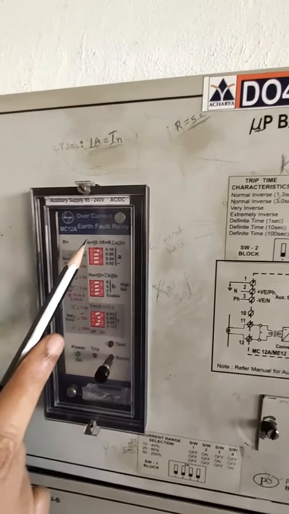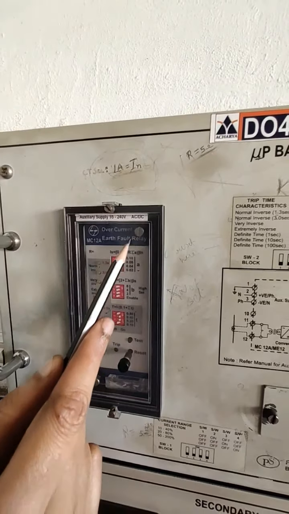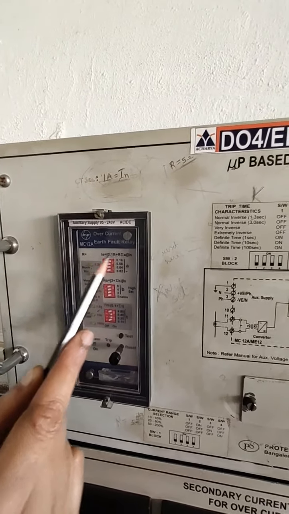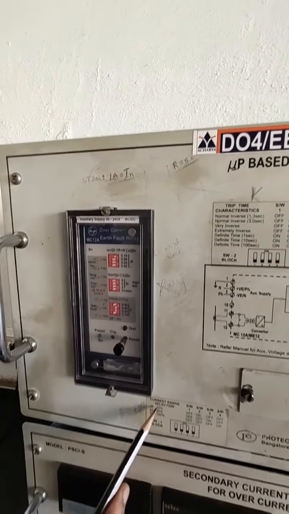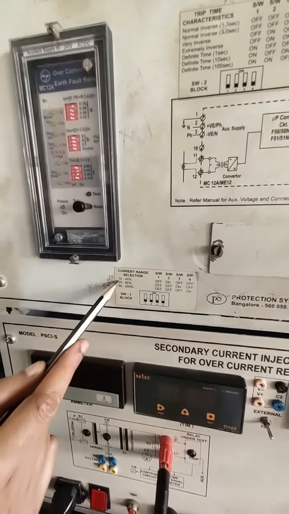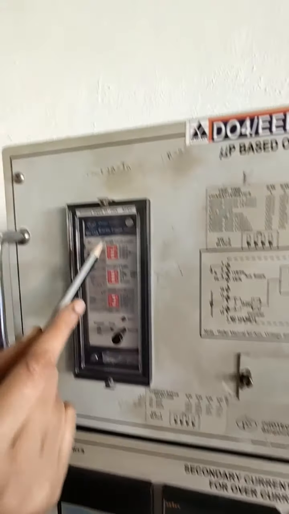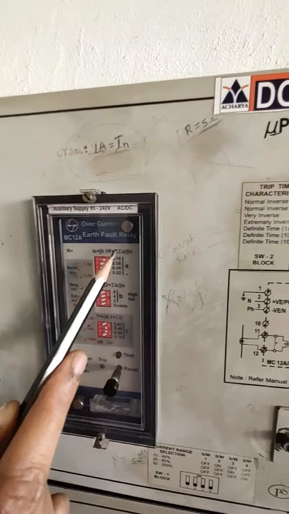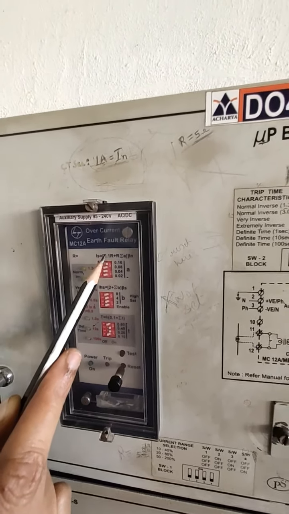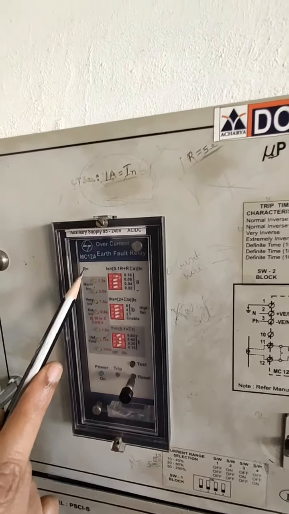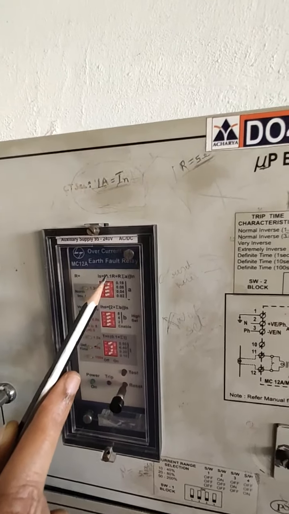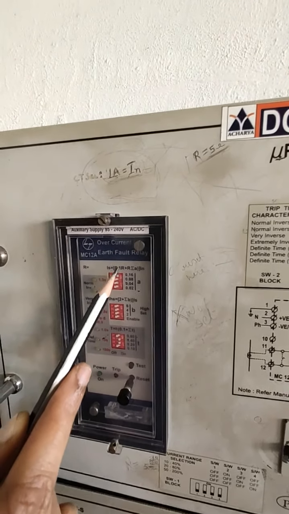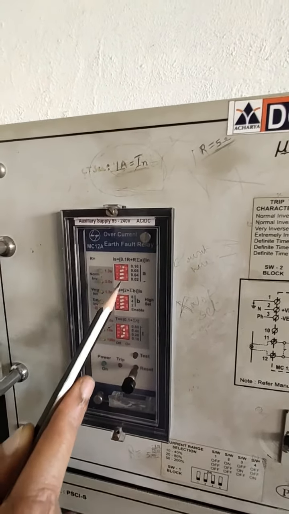We need to choose the IS value using the equation. IS is equal to 0.1 R plus R into sigma A into IN. IN is CT secondary current, 1 ampere. As I selected the current range selection 10 to 40%, my R value is 1 ohm. That needs to be substituted here, and IN is 1 ampere. If IS is given in some amperes, then you are supposed to calculate sigma A, and whatever sigma A we get, we accordingly adjust the switches to the on position.